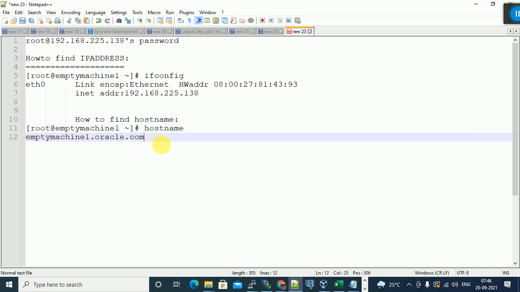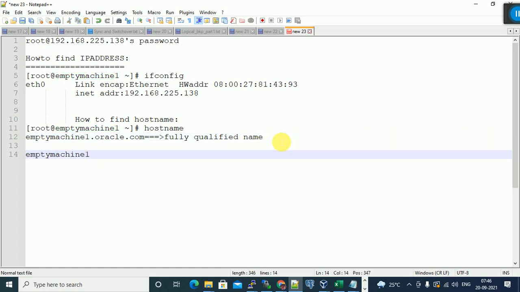This is the fully qualified name. They call it a fully qualified name. This is for the shortcut name without domain name.